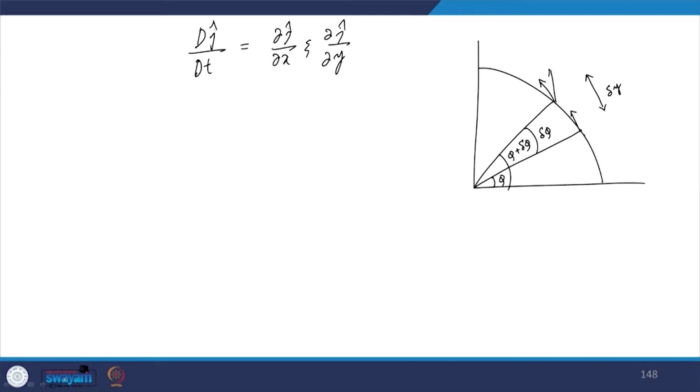Now this is j and j plus delta j. This angle has to be delta phi again, right? And you will realize by simple vector addition that delta j will now point vertically downwards,